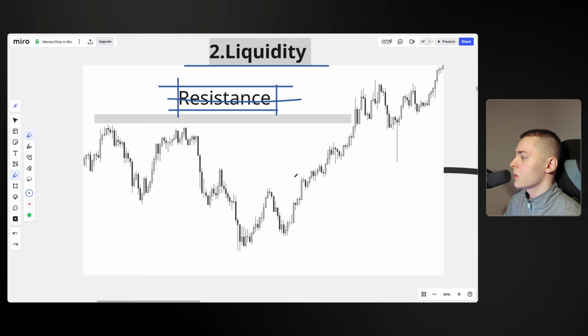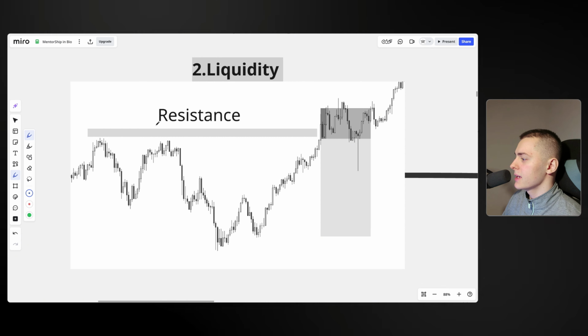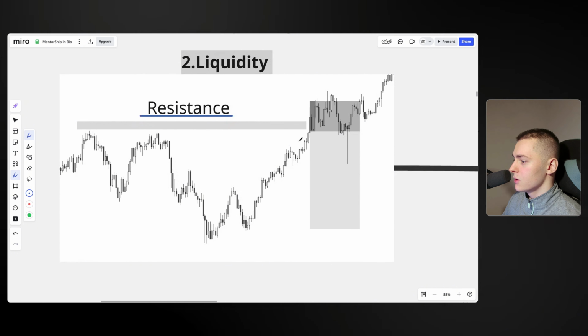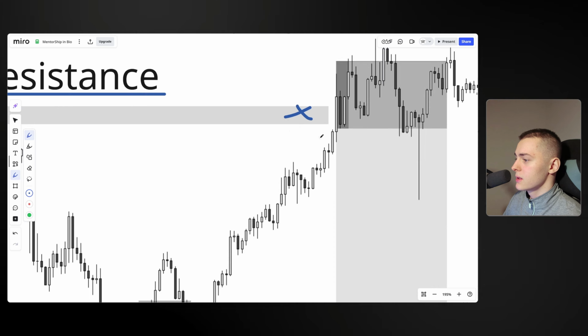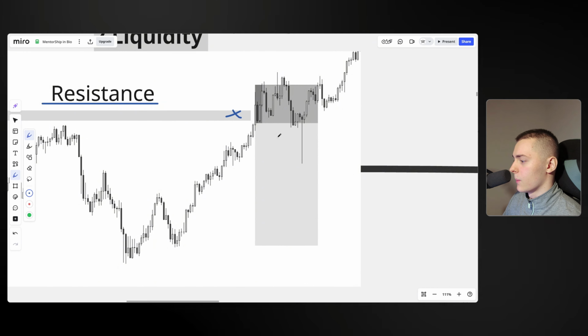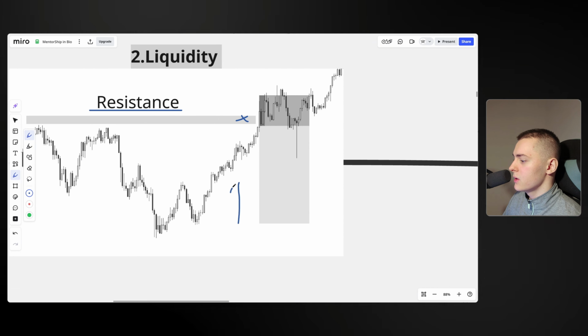So we are trying to trade it to the upside and not to the downside. So don't get fooled by resistance. Make sure to always know the right liquidity points. And here's a very common example of a trader who thought that this is going to be resistance. As you can see, the trader who took this trade thought that we'll go to the downside once we enter this kind of resistance level. But that is wrong. As I have just mentioned, we want to trade to the upside.